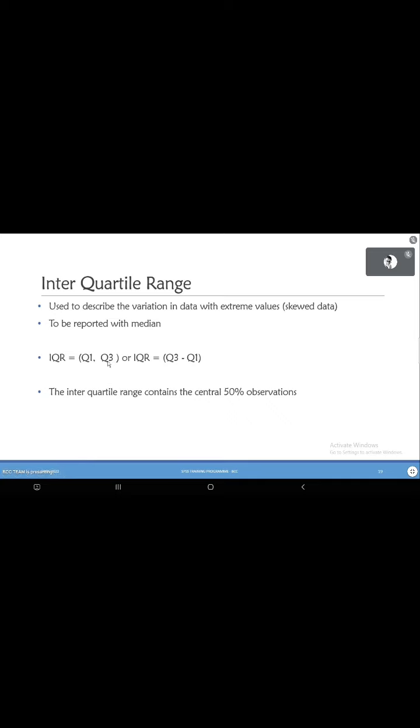That's it. So for any variable that has extreme values or which has skewed data, I already mentioned that for such a variable, instead of mean, we report median as a measure of central tendency, right? Whenever your data has extreme values or has skewed data. Now, along with median, you can also report the interquartile range, okay, to just give the audience an idea of what is the variation present in that particular variable. So this is one way of reporting the variation that is present in the data.